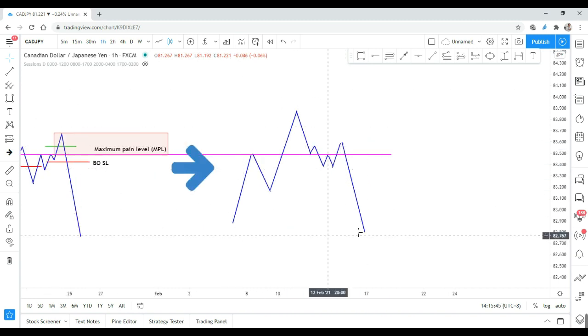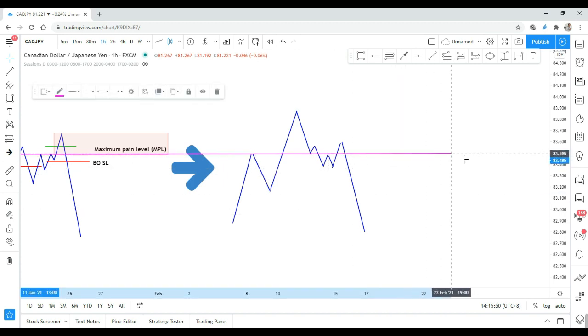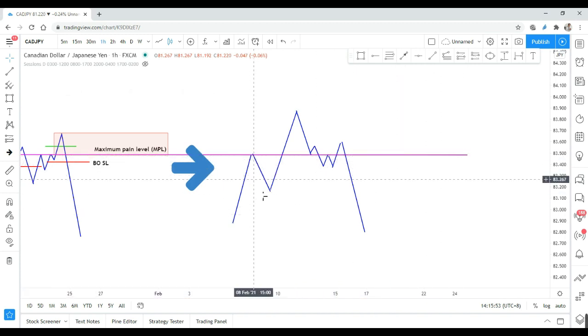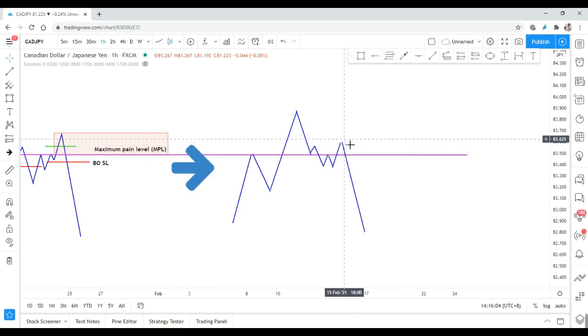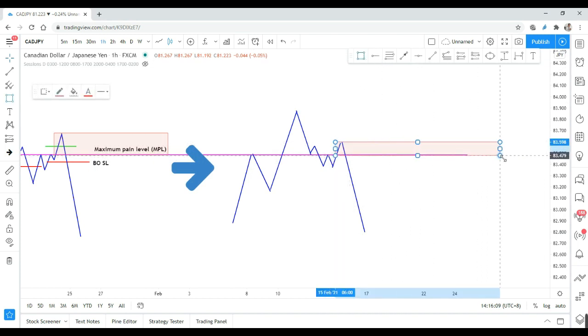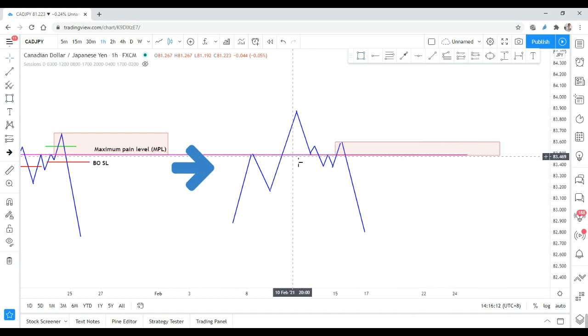So this is what we call a QM sell setup. If you look at it, this is a QM sell setup. That's why I always mention QML is not important. The most important is that you need to find where your maximum pain level, the MPL line, and your decision point are. This is the decision point where the big banks place their order. This MPL line can differ from your QML level. You have to remember that it may be higher, it may be lower, because QML is just an indicator,